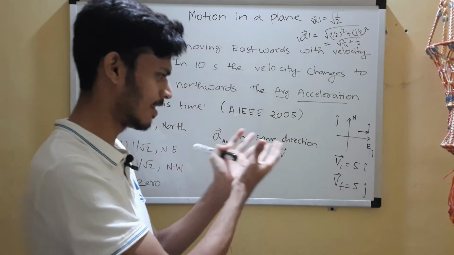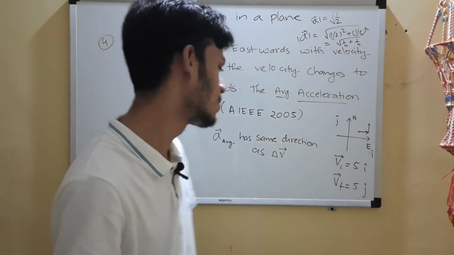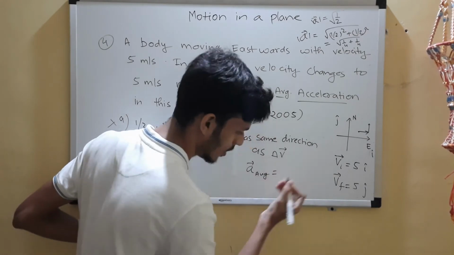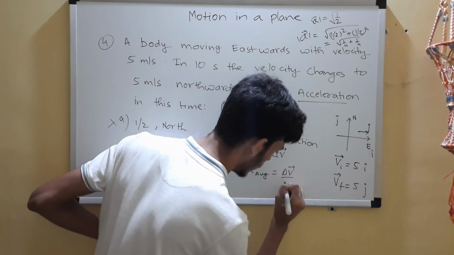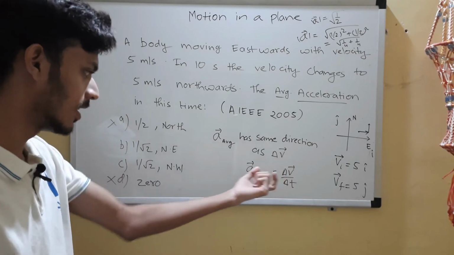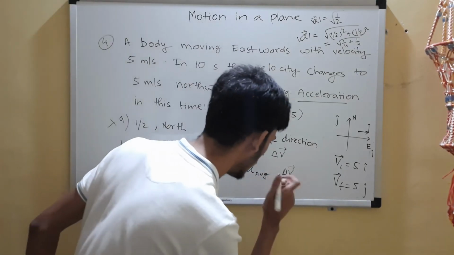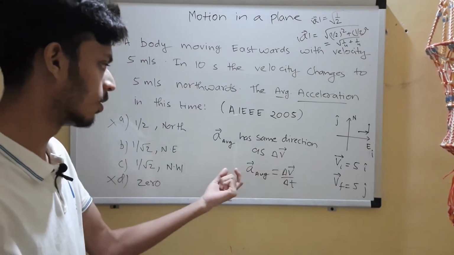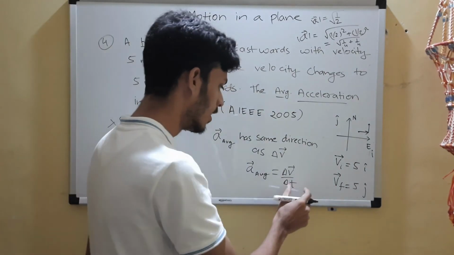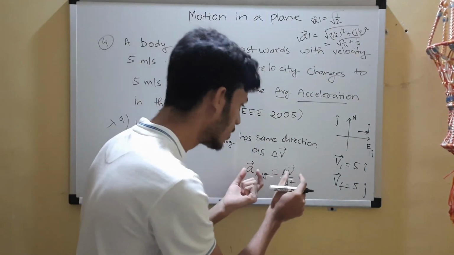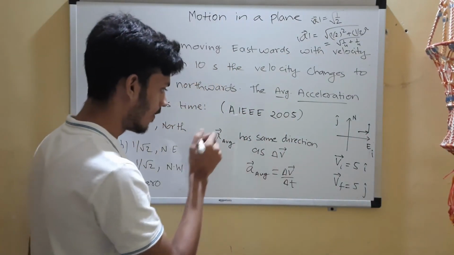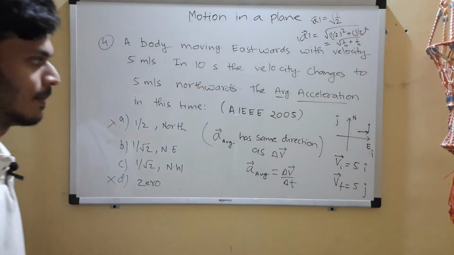Average acceleration has the same direction as delta V, but when you go to see it, it comes from the definition itself, the definition of average acceleration, right? So average acceleration and the change in velocity are separated by an equal to sign. So those are the two vectors which we are equating. This is a scalar, right? This won't have any direction. So these two vectors should have the same direction, otherwise we cannot equate them. So delta V and the average acceleration have the same direction, okay.